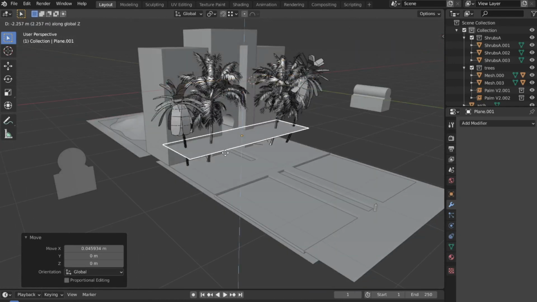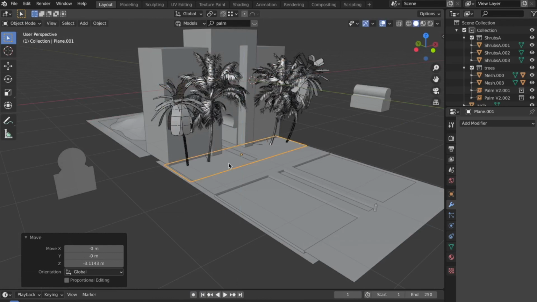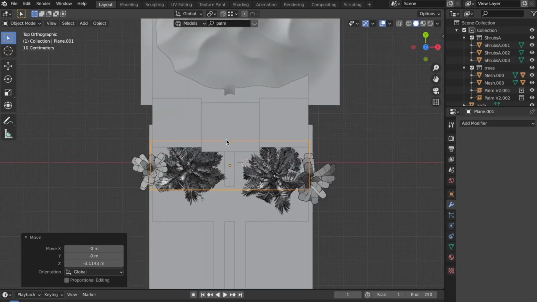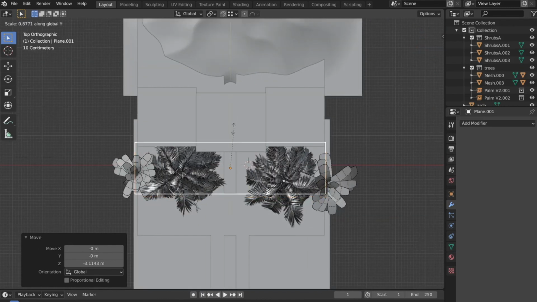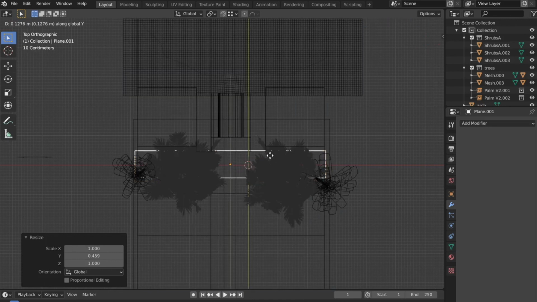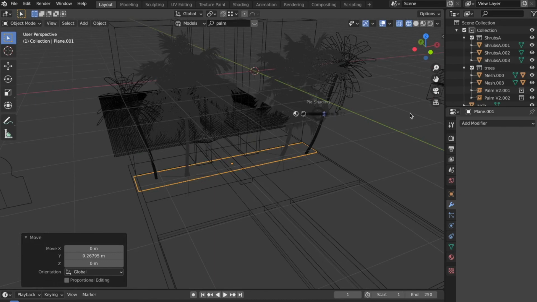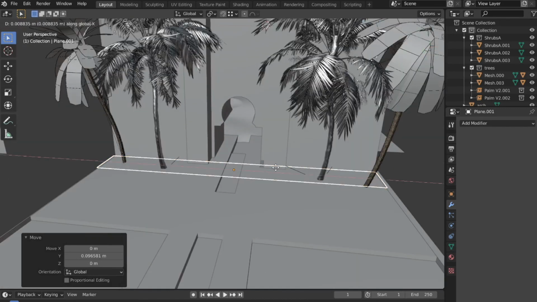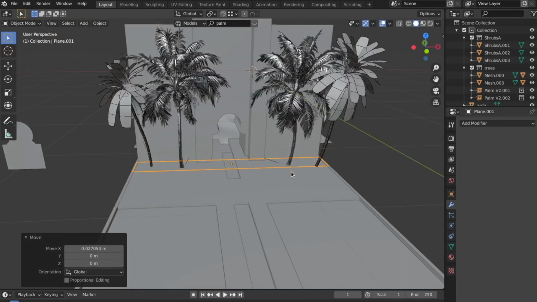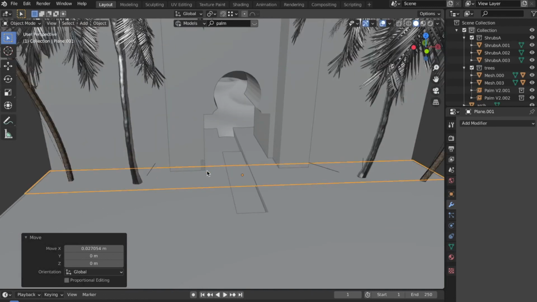I will bring this down over here. Make sure the particle emitter is of the size that you want the shrubs to be spread across. In my case, I don't want them to be spread too much along the y-axis. Now that we have added this, I will delete this section later on.